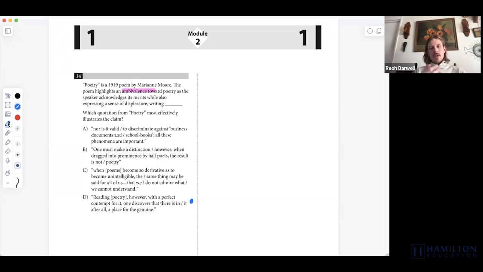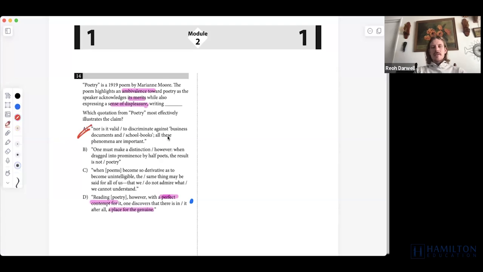So here we want to see someone that says it has merits, it has good parts, but there's also something not as good about it, right? So a perfect contempt, right? So disliking poetry, even if you have a perfect contempt for it, you may discover still something good, which is a place for the genuine. All right. A,